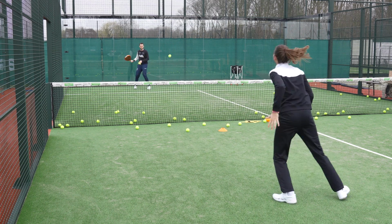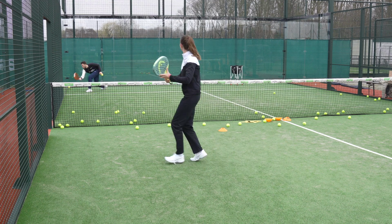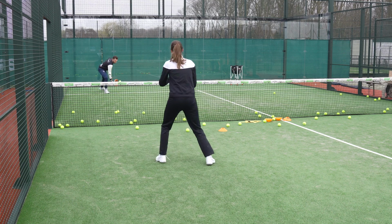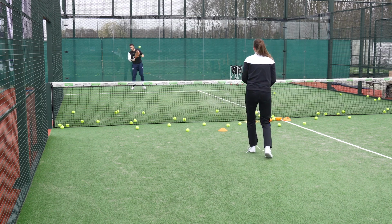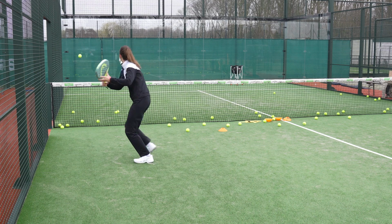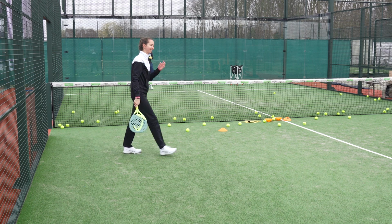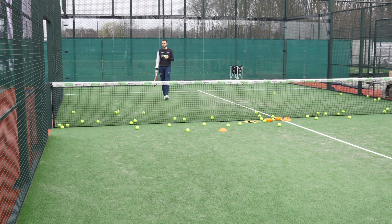I can play random. I can also play only low, because then Sasha has to move with me as well. Only low. So this is a fun exercise. You have to move a lot, and you also learn positioning, and you start to understand where you should be